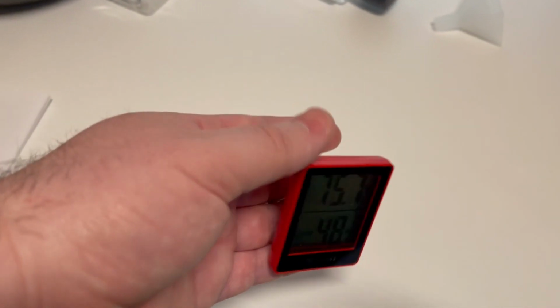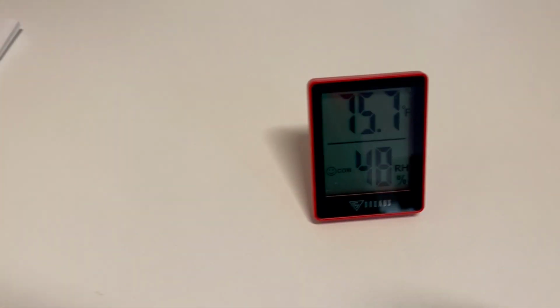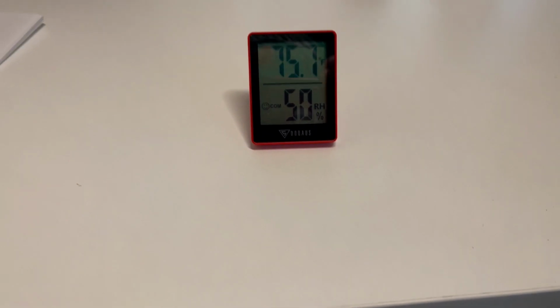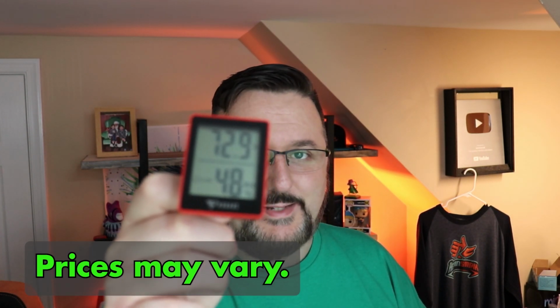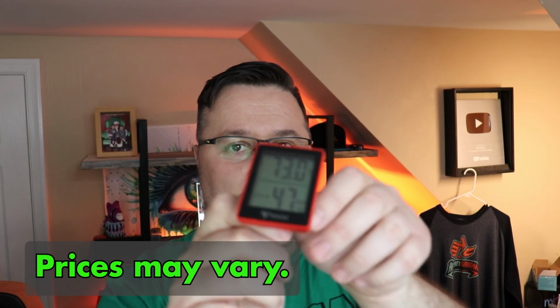And these things are pretty cheap. So the one I got was by DOQAUS. I grabbed it off Amazon because I thought it looked great. It cost less than $10 and it's got a lot of good features. It's got big bold numbers, and here you can see it's got 73 degrees, and also it's saying 47% humidity,